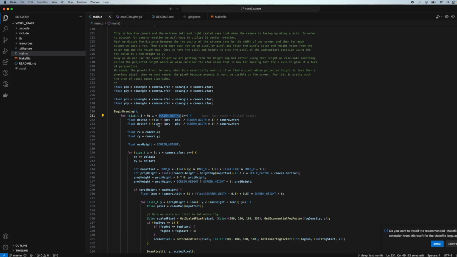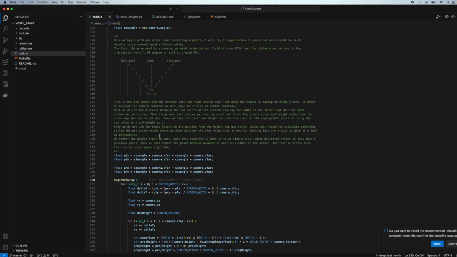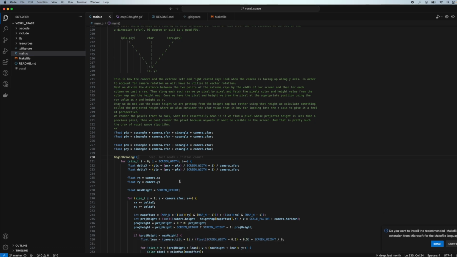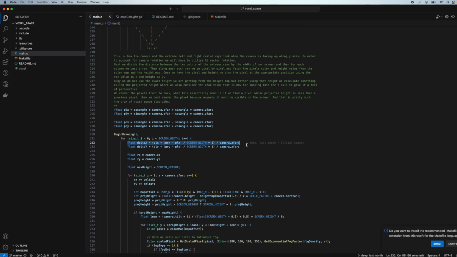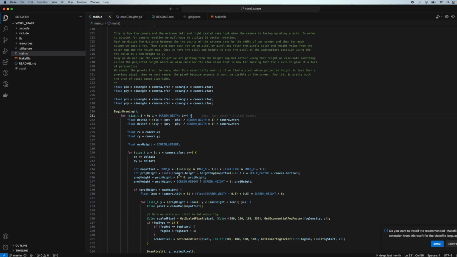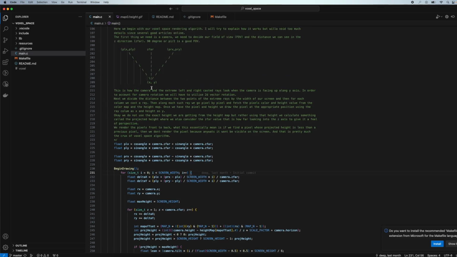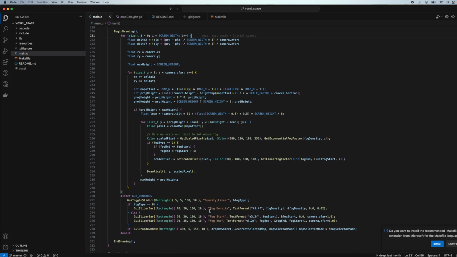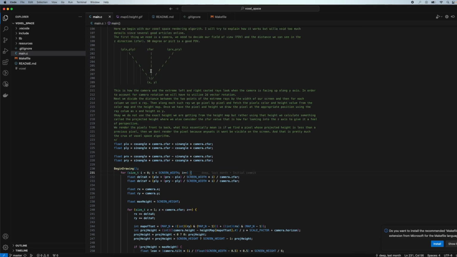So here we loop screen width number of times, and then we need to find out what the delta is for every ray on the ith column. So the i is the column which we are processing at the moment. For every column we need to find out what should be the delta x and delta y with which we should go along that ray, right? And we calculate this using the rise over run formula for calculating this delta x and delta y, right? Once we have that, we loop along the zfar, like we execute this piece of code for every unit along zfar,